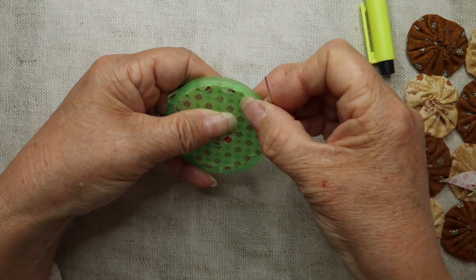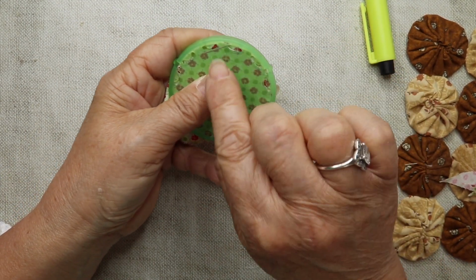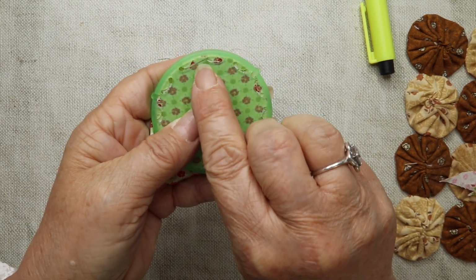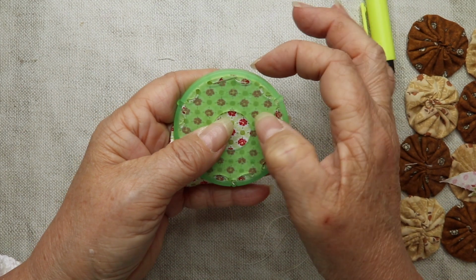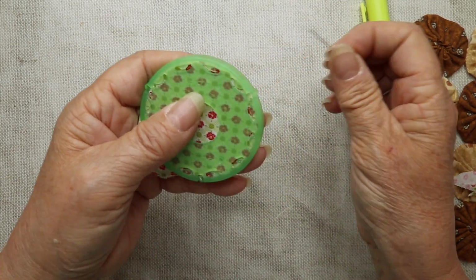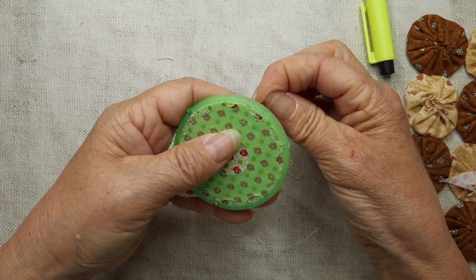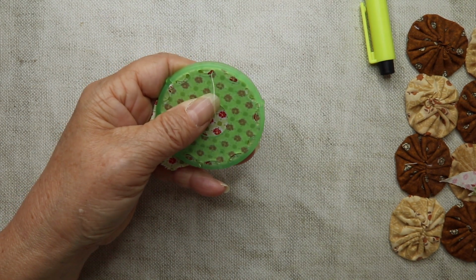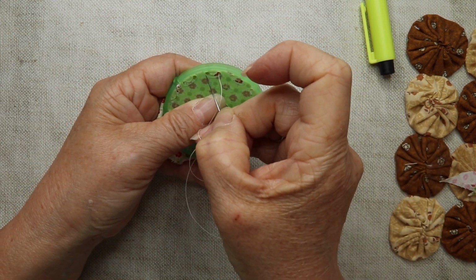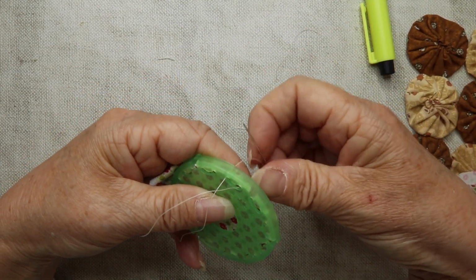Always in the groove. Don't be tempted to come up and then across the plastic bit there, because then when you try to take it out, it won't come out because it'll be stitched to the plastic. So you must always just keep your stitches in that cut out groove. So come up, staying in that groove area, back down, and just make sure that you've got your fabric tucked in behind,